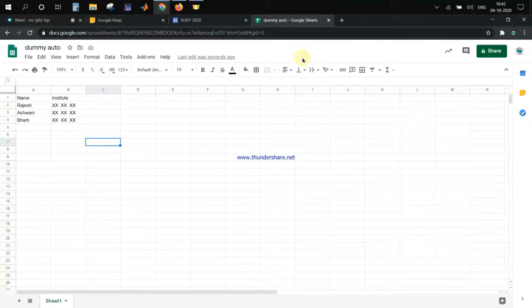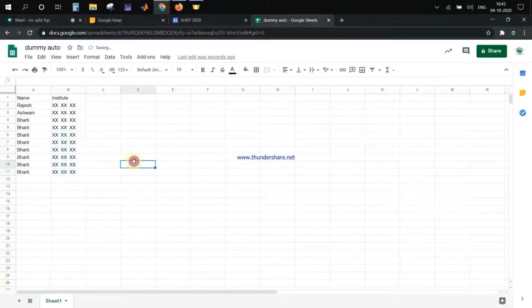Right now I'm just using this AutoCAD plugin in the Google Sheet. So this is the data as I discussed earlier. Let us say I have data of 10 students, like this. This is repeated, just a dummy version here. So I click here on add-ons and I can see AutoCAD here.